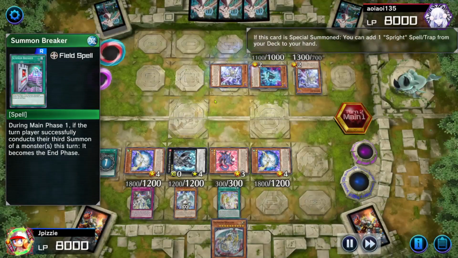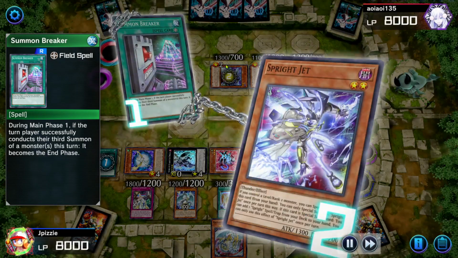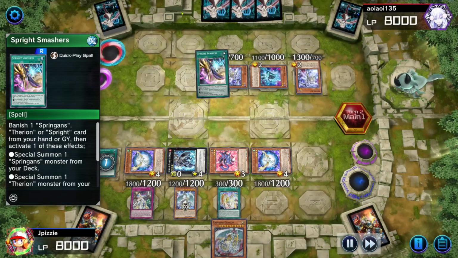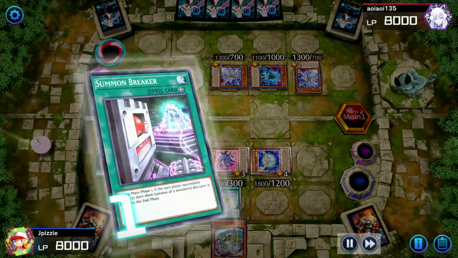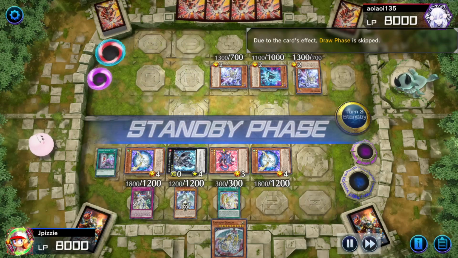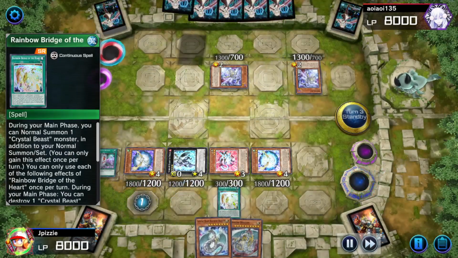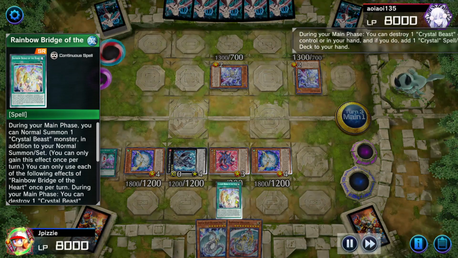So Summon Breaker is going to activate right here, so he's going to have to end his turn. And all he gets to do is add starter. Oh no, he added Smashers to his hand, right? So on his end turn, I have to skip my draw phase, but that's fine because we have Bridge of the Heart. Bridge of the Heart is going to pop my